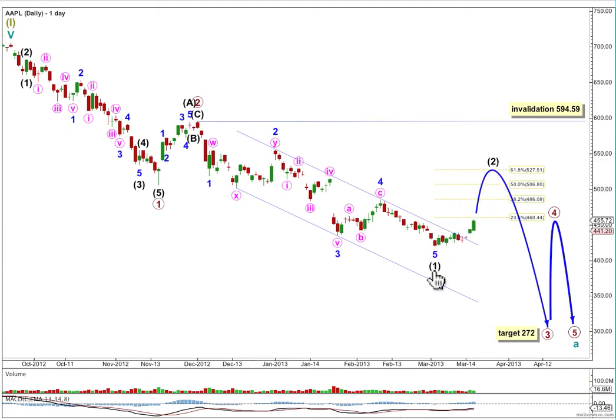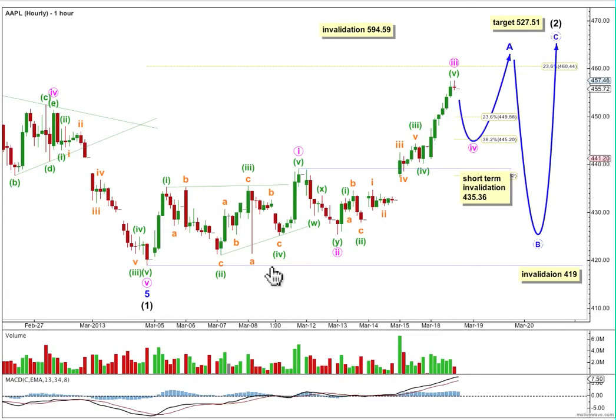Let's have a look at the first, where the low for intermediate wave 1 down here is this point down here. To the upside we have a leading contracting diagonal, a 5-wave structure over here, a double zigzag downwards over here, an impulse upwards over here. If intermediate wave 2 is subdividing as a zigzag, then within it, primary A must subdivide as a 5-wave structure. We would have 1, 2 and 3